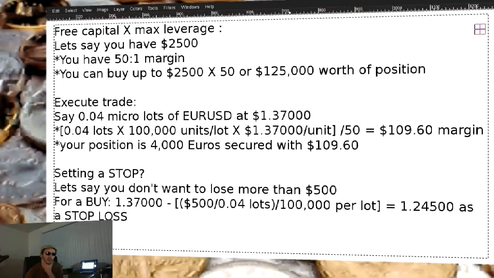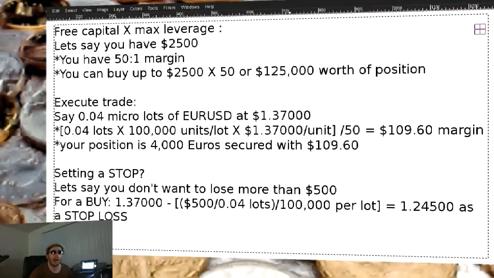Let's do this in principle and apply it. Let's say you buy 4 micro lots of the euro dollar. The current price of the euro dollar, or the price you set either a stop or limit to execute at, is $1.37. You may be buying, you may be shorting, depending on what's going on. Personally I'm getting around $1.37 right now in the euro. Depending on how the market's behaving, if I'm doing trend trading, I'd be more interested in... Anyways, I'm not going to go into that right now. But